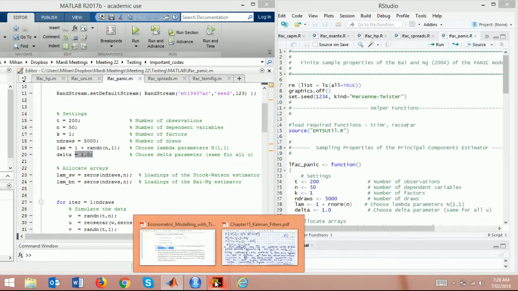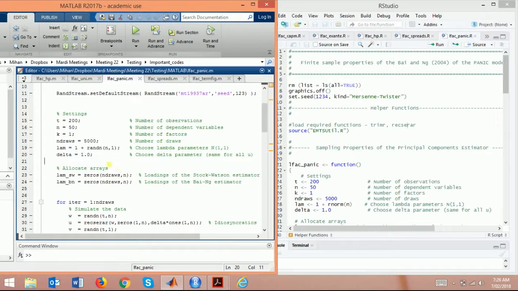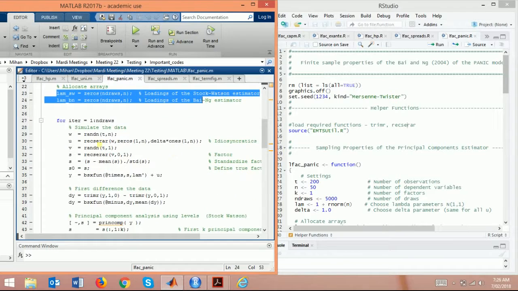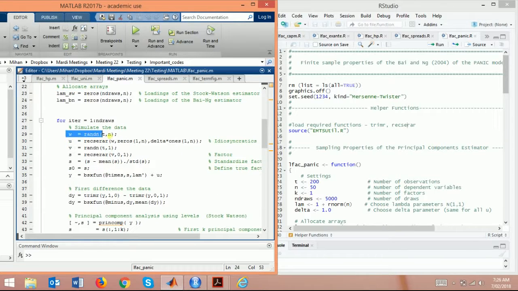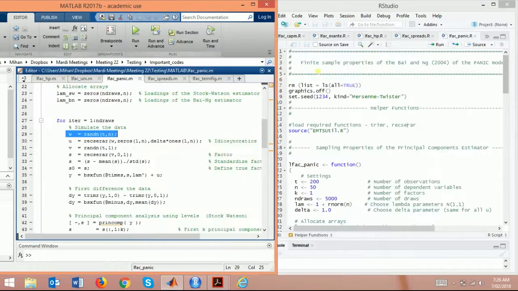Delta is a constant parameter, and the values are 0.40, 0.51. We're taking 1, the highest delta. This we'll think about later. Let's see. To simulate data, we have omega, random number tn. We have omega here. We want to find u. U can be estimated with a recursive estimation,